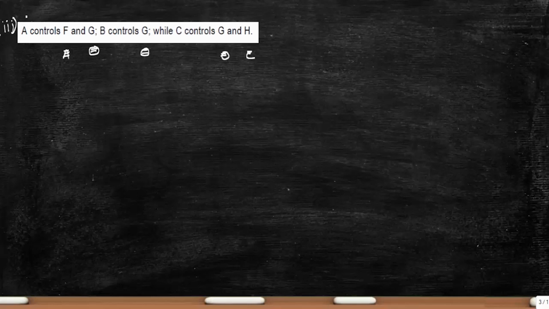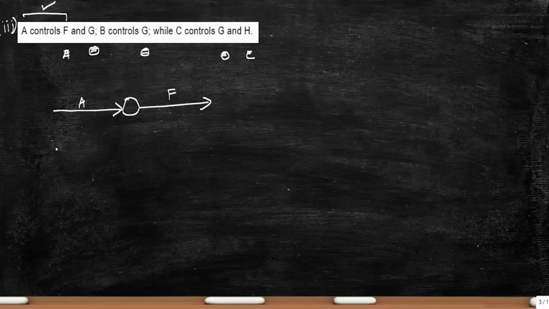First, let's understand that A controls F. F is controlled only by one activity, so we'll draw for that. So activity A, and this activity is controlling activity F. So that is over, that is activity A controlling activity F, whereas G is also controlled by A, G is also controlled by B, G is also controlled by C. So we have to keep that in mind.